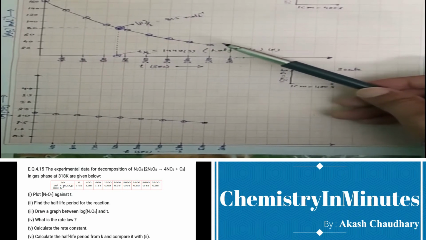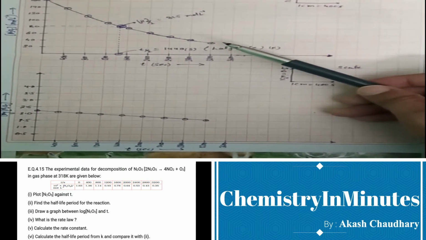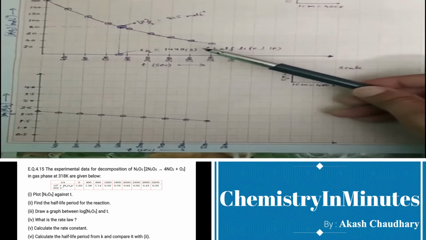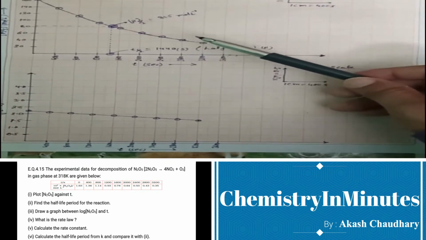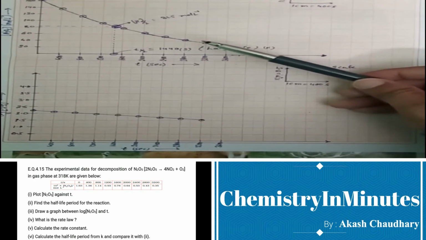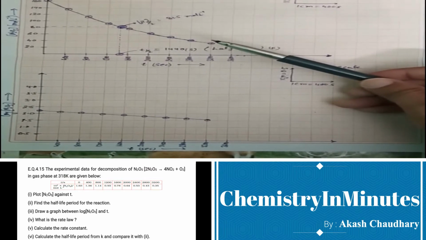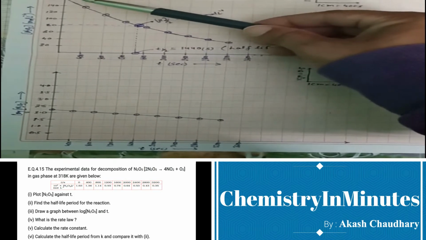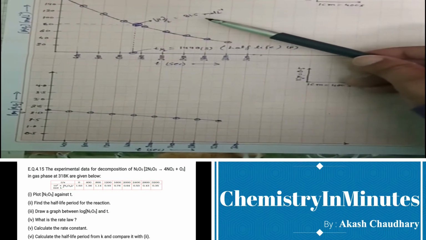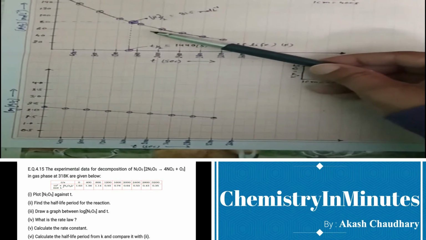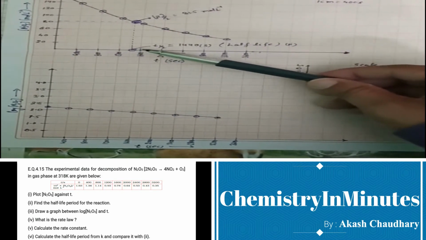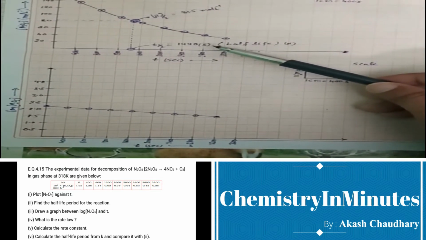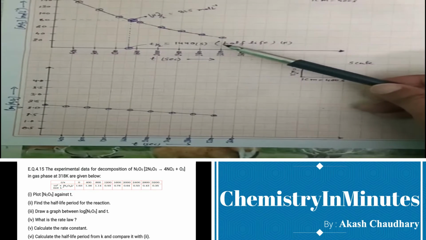So this is the graphical solution of the first part, and in the second part we have been asked for the half-life of the reaction from the graph. Half-life is that time period when the concentration of reactants has been reduced to half of the initial concentration. So the initial concentration of reactants is 163 and half of it will be 81.5 mole per liter. The time at this moment is coming as 1440 seconds. So the half-life of the reaction from the graph will be 1440 seconds.